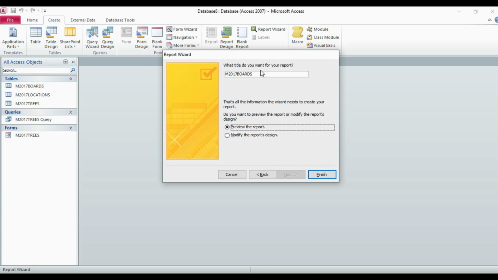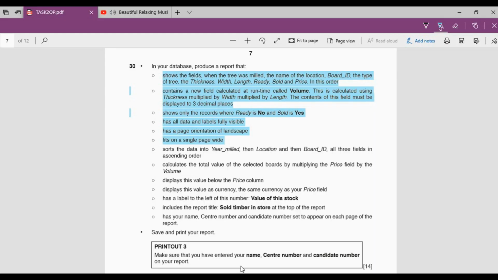What title do you want for your report? So we can give some title to the report. Let's see here what we have been asked. So here, include a report title. Now I'm just copying it from here. One minute, this is not being selected.